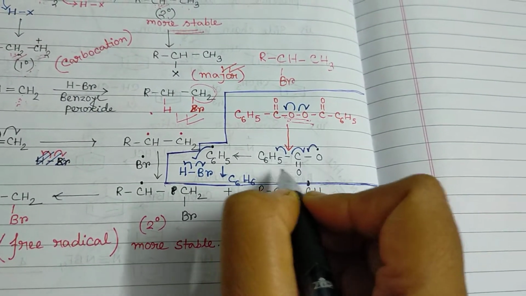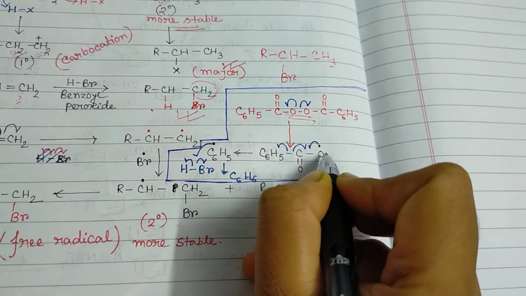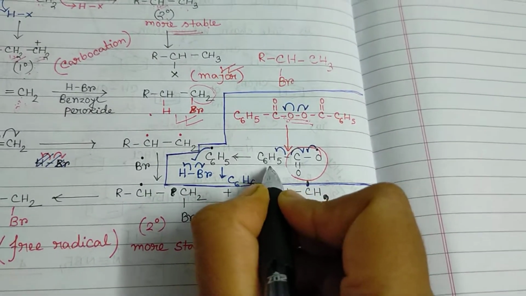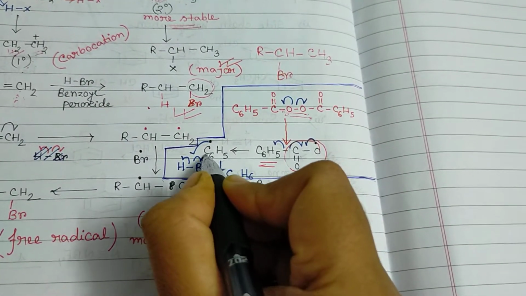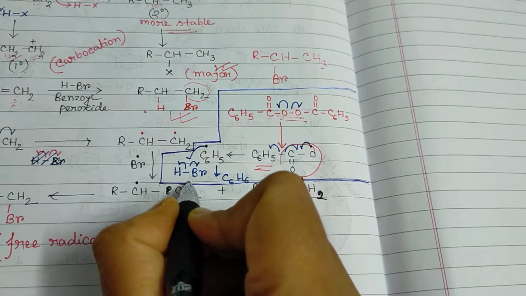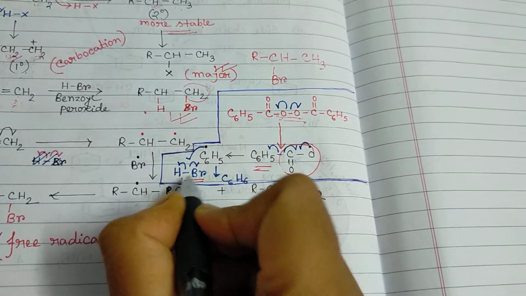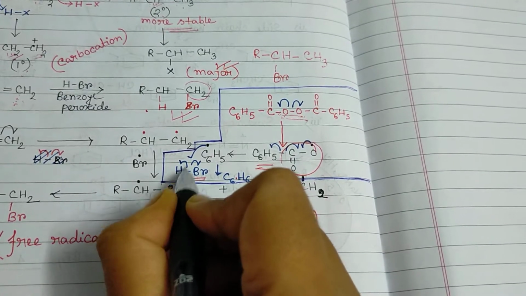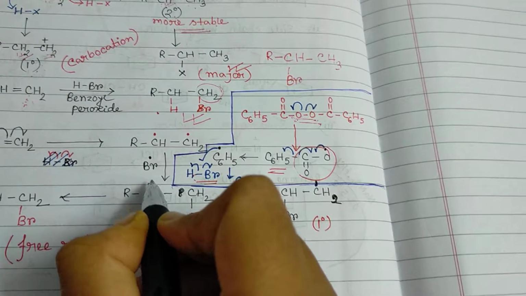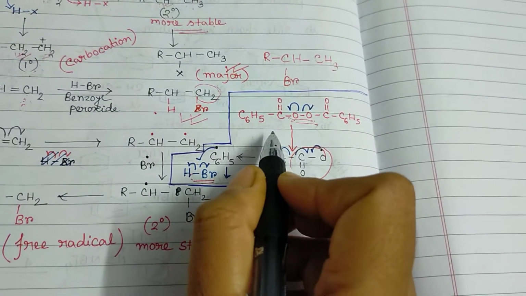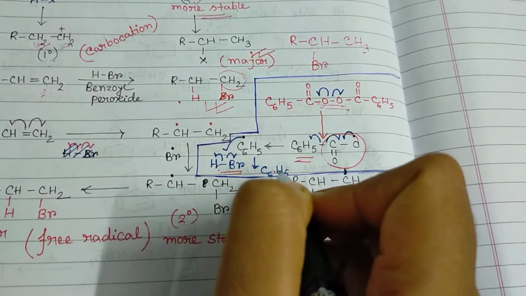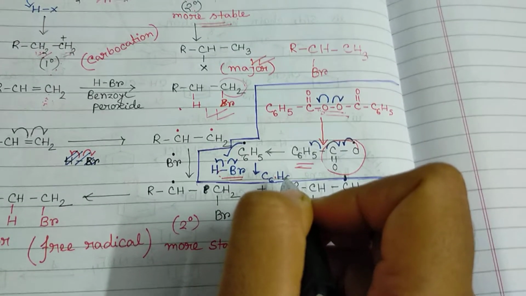Now again there will be cleavage of the bond, and from this part there will be formation of carbon dioxide, and this part will give you the phenyl radical. This phenyl radical will generate the bromine radical by formation of benzene. It will take up the H dot from here, and this Br dot will be given as bromine free radical. So in this way the benzoyl peroxide acts as the free radical initiator, and this mechanism will follow the free radical intermediate path.